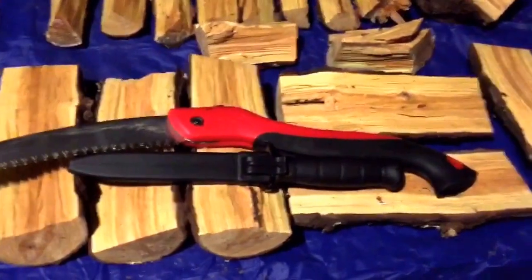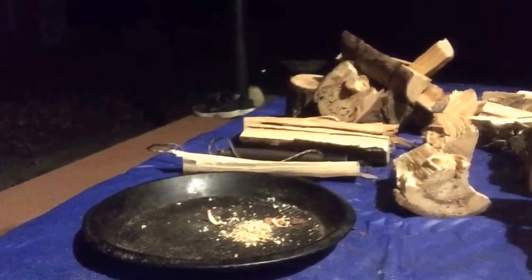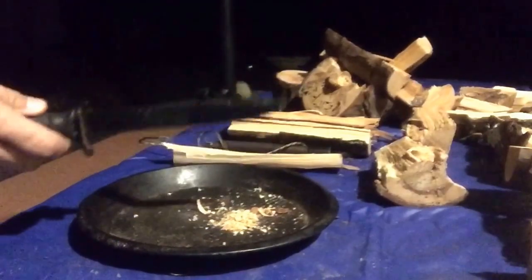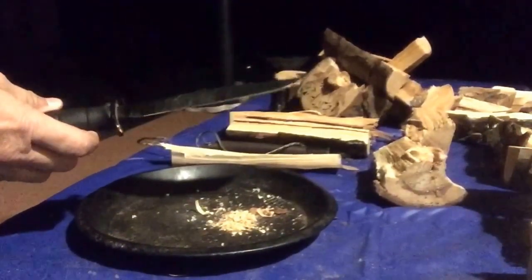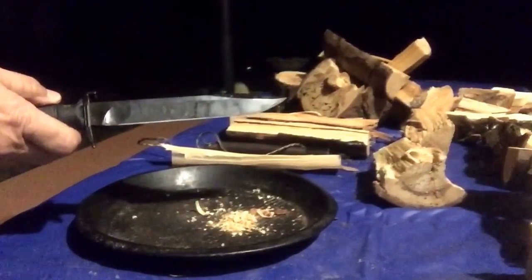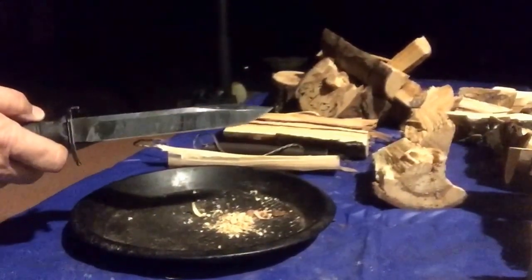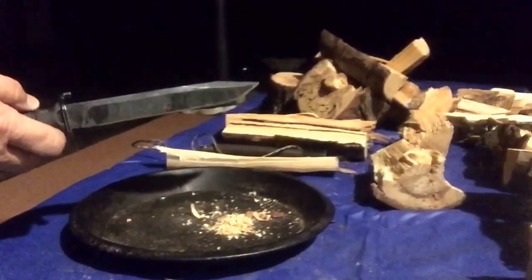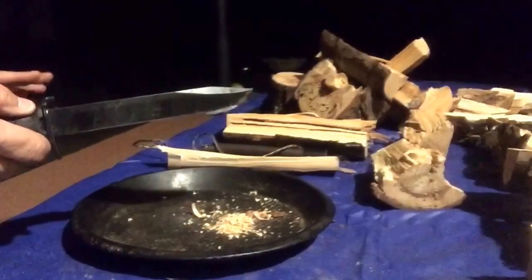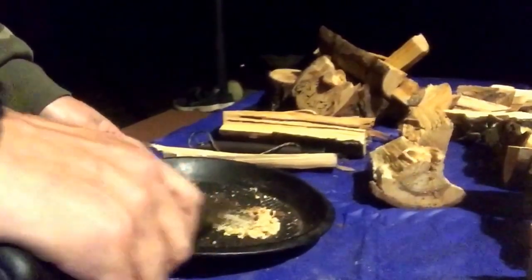I'm going to put the camera on the tripod and show you a couple things, so I'll bring you right back. Hang on. Now we're ready to rock and roll. So as I was saying, I used the Glock to baton this down, and it was just insanely easy, because it was very, very hard. I had a hard time. I tried all different kinds of bushcraft knives, and number one, the blade just wasn't long enough, and there were a couple that I didn't want to damage, but I also saved some of the sawdust and pieces